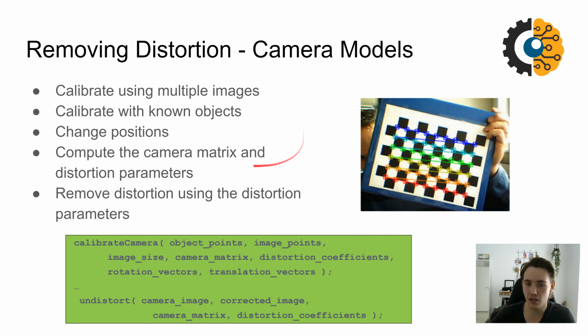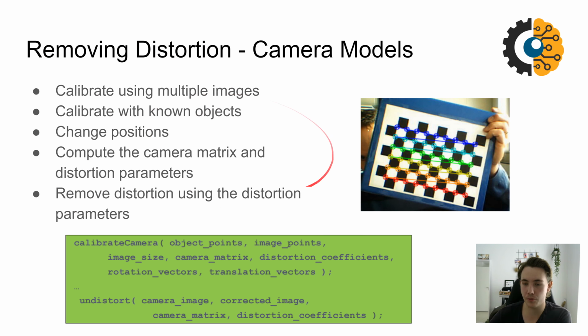We can either use multiple images or calibrate with known objects in an image, and then change positions and calibrate our camera from that. Then we can compute the camera matrix and our distortion parameters, and we have built-in functions in OpenCV where we can remove the distortion from our image using the distortion parameters we find from